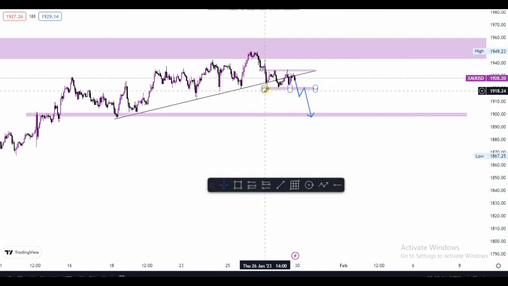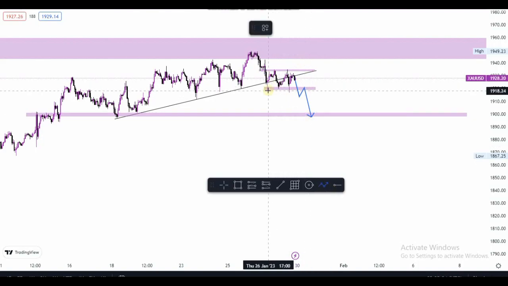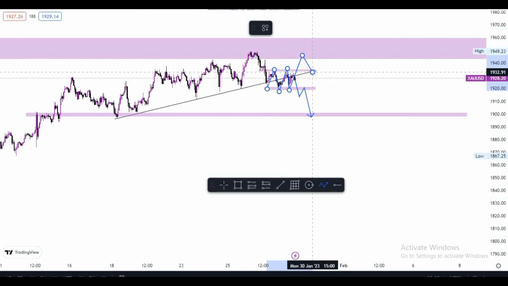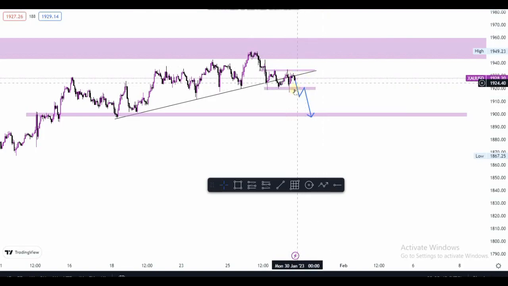Every time the market touches here, we go down. Every time we touch here, we go down. Every time we touch here, we go up. So if the market breaks this structure, comes back for a retest, then I'm willing to go to the upside. So I'll just show you with the arrow thingy. If the market does something like this, comes there for a retest, then I would look to take buys. But for now, I see a lot of selling pressure because the market broke this structure